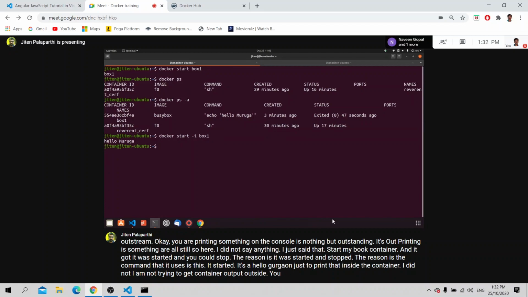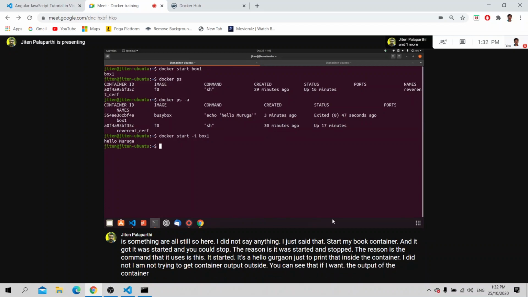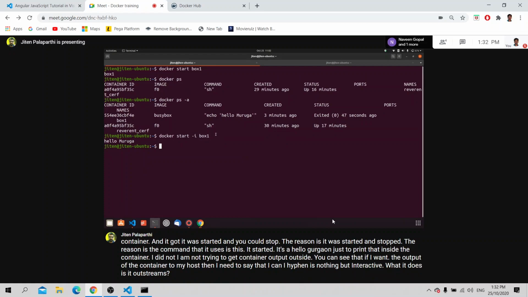I am not trying to get the container output outside. If I want the output of the container on my host, then I need to say -i, where i is interactive. What it does is it outstreams the output of your container.